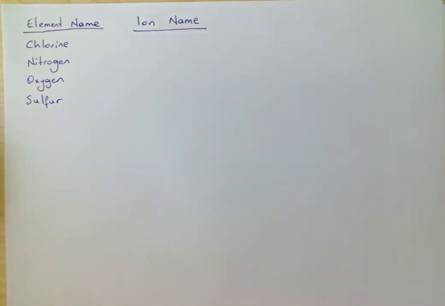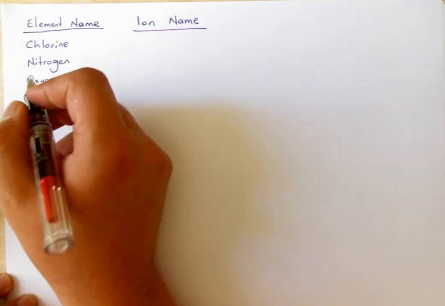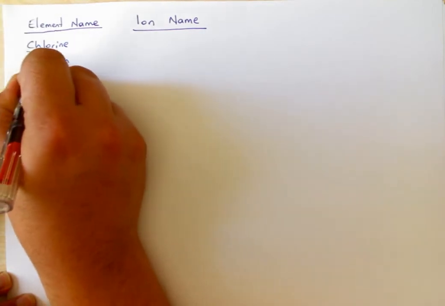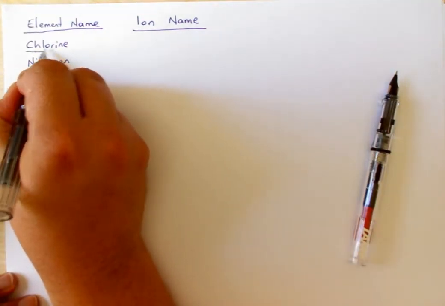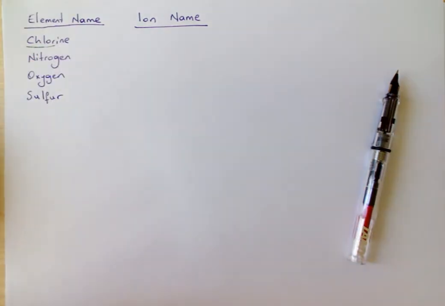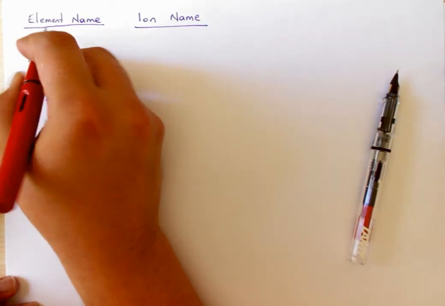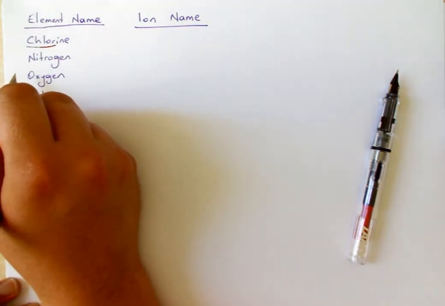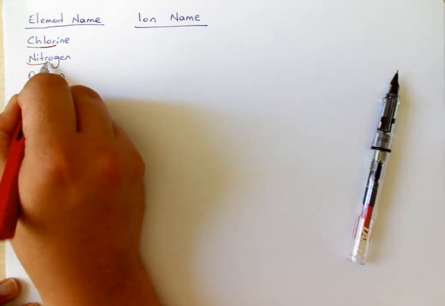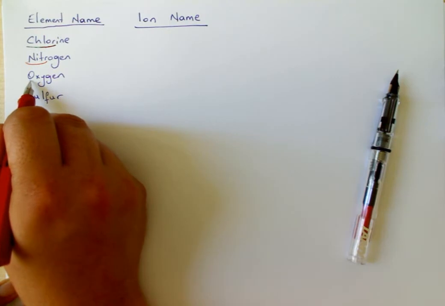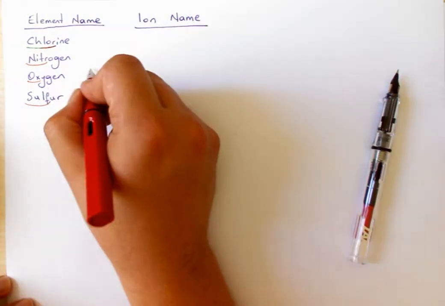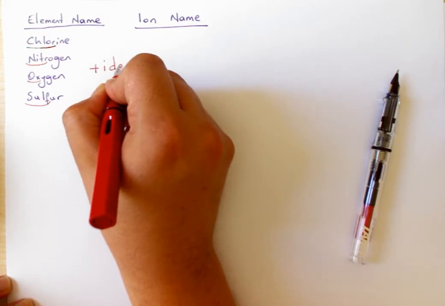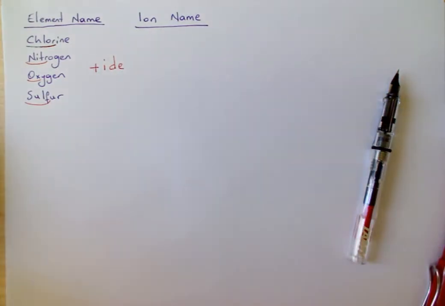Now let's predict the ion names of these nonmetals. We just add ide to the root of the element name. Here, what is the root of the element name? Here it is chlor, here it is nitr, here it is ox, and here it is sulf. So we just add I, D, E,